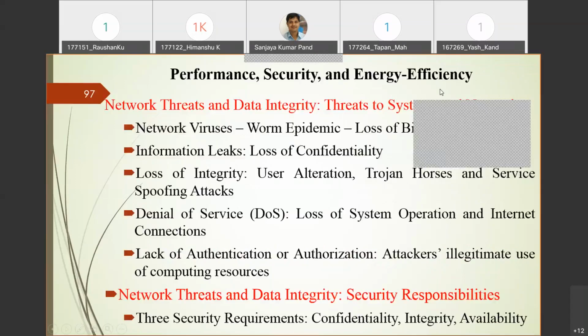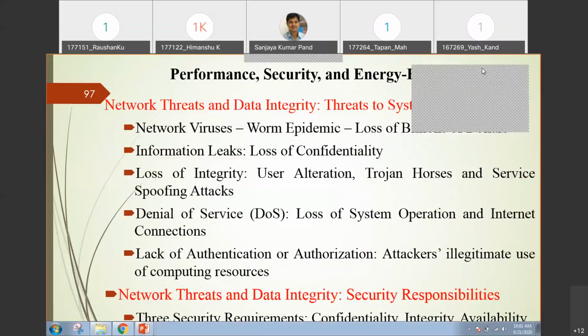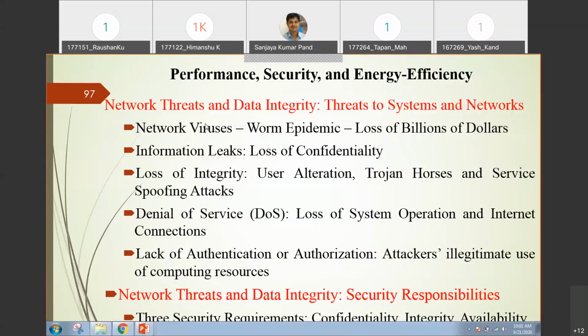Security: if you have studied the security subject, you know about symmetric key cryptography and asymmetric key cryptography. In symmetric key cryptography, both sender and receiver use the same key to encrypt as well as decrypt the message. For example, when a sender wants to send data to the receiver, the sender will use a particular key.